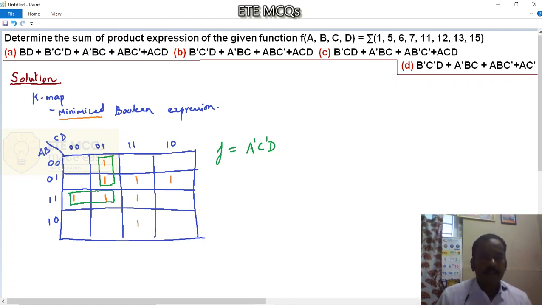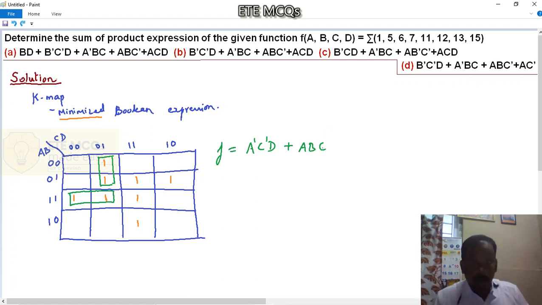Now what is the second term? For these two ones, A is equal to 1 and B is equal to 1. So which can be taken as AB. What is the next term? Since you just have two ones grouped, here C is equal to 0, which is constant. D is 0 in the first case and 1 in the second case. So it should be taken as C dash. AB, C dash. Plus